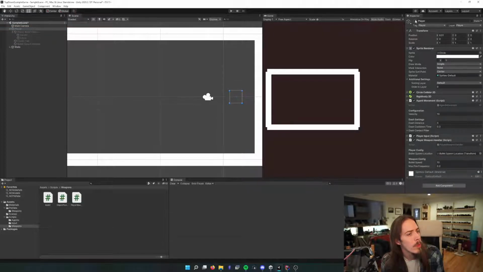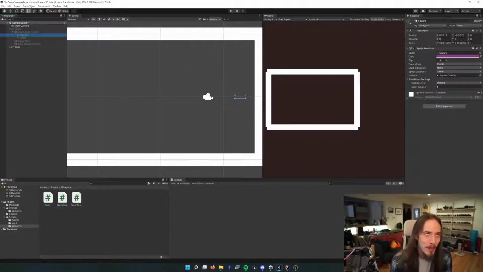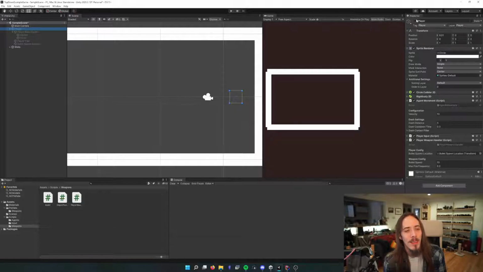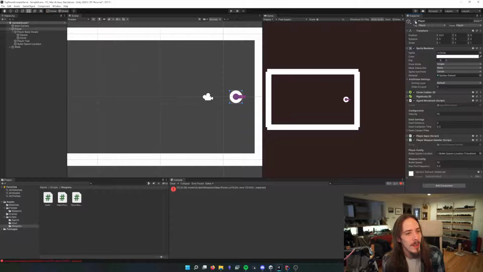So we care if the object is deactivated as far as the hierarchy is concerned. I don't want to be looking at an object that is technically activated, or is set to be active, but it still has been deactivated via its parent. I don't want to get messed up. So we're going to use active in hierarchy, which is somewhat unhelpfully named, but helpful once you just remember to take a look at the hierarchy and say, yes, it or its children,